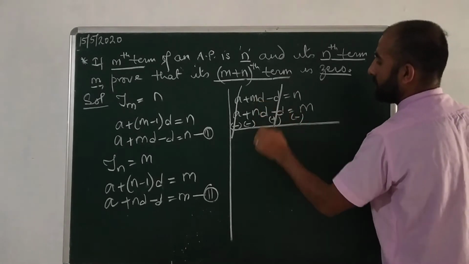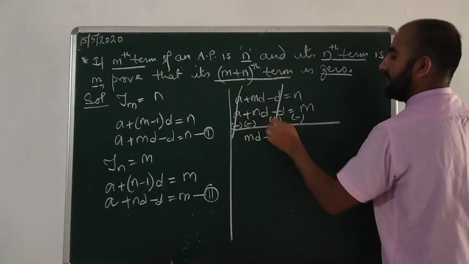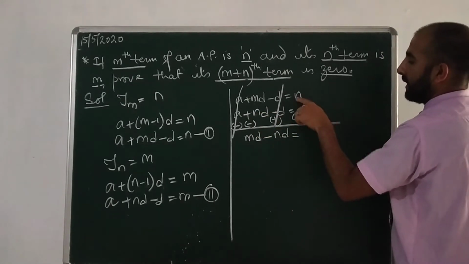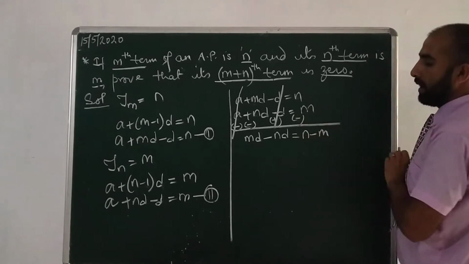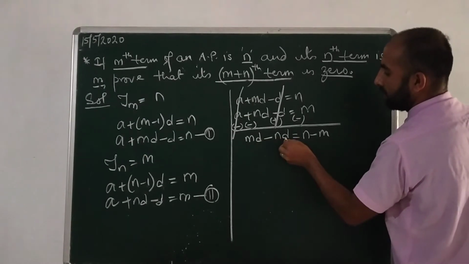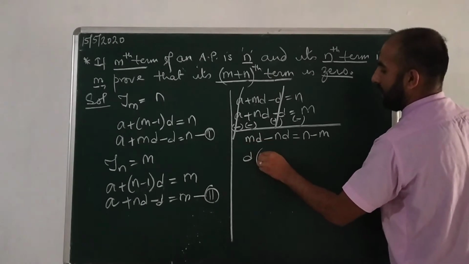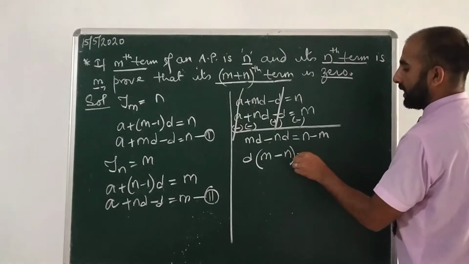We got here md minus nd equals n minus m. Here we have d common, so I'll take d common. I have m left out here, minus n equals